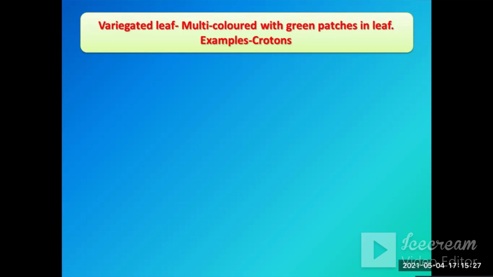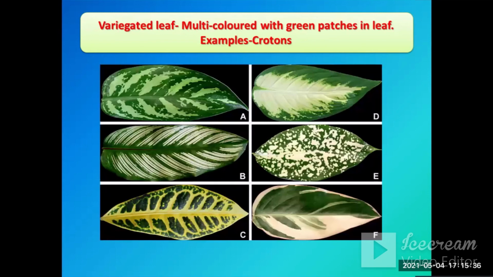Still it undergoes photosynthesis. Like maple leaf, some of you must have seen maple leaf. Croton leaf. I have a few images of croton leaves. As you can see, these are variegated leaves, which means multicolored leaf. And you can see patches of green in it. And these patches of green help in photosynthesis. Maple leaves contain red pigment in more concentration, so the green color is not seen, but photosynthesis takes place.